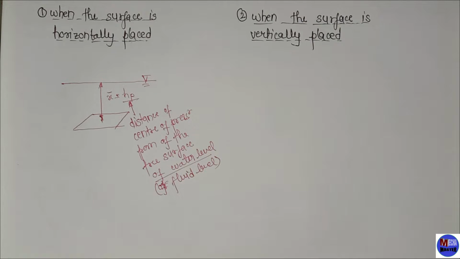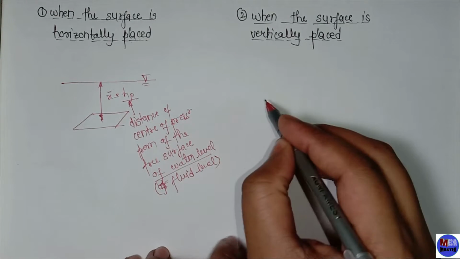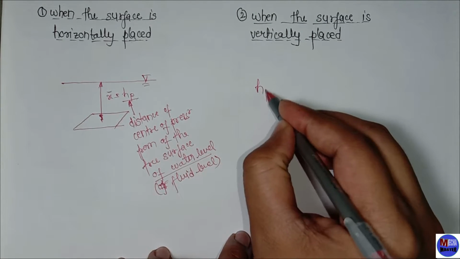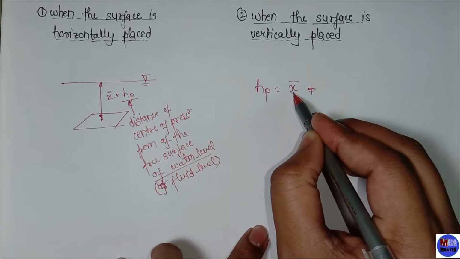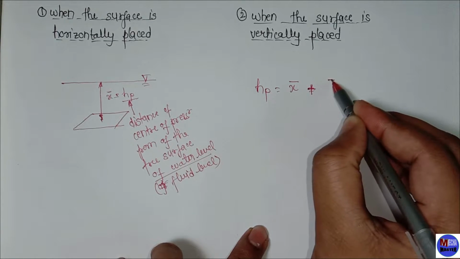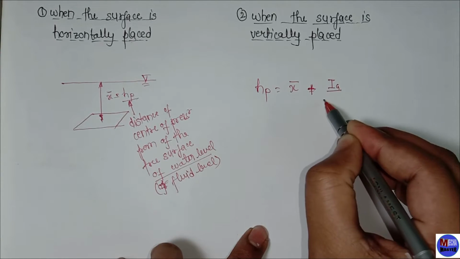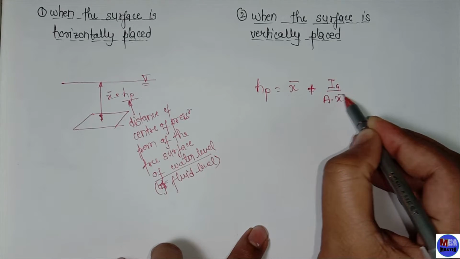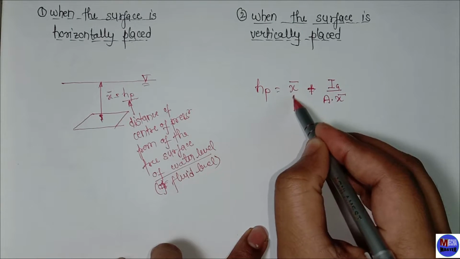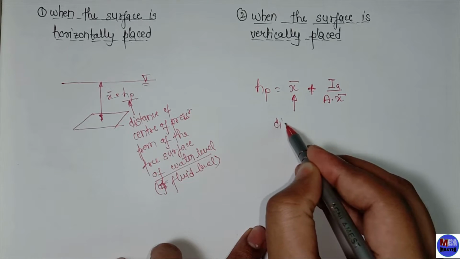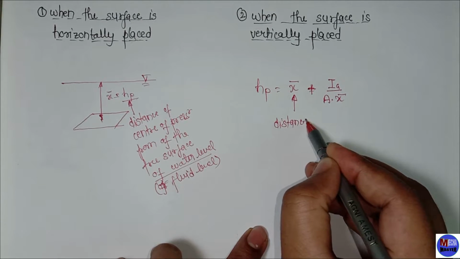The problem is with the second case when the surface is vertically placed. In this condition we have to use the formula to find out the distance of center of pressure from the free surface of fluid, and this formula is HP is equals to x bar plus Ig upon A into x bar, where x bar equals to distance of centroid from the free surface of water,